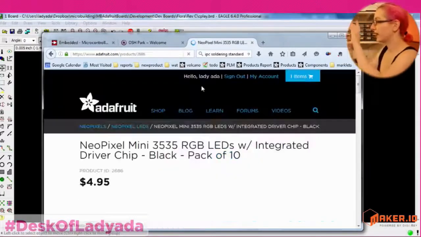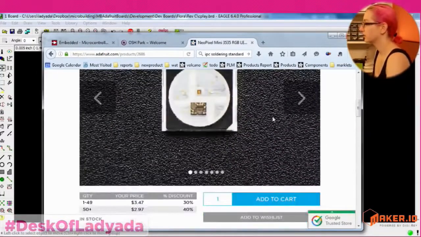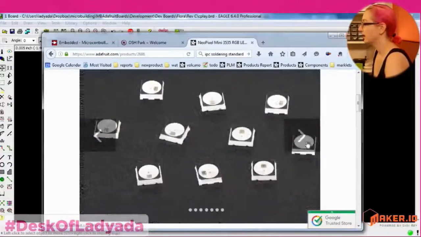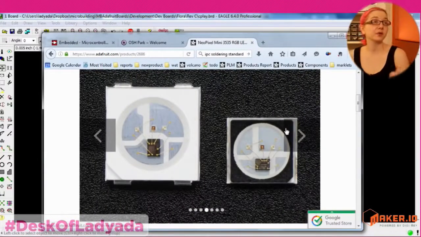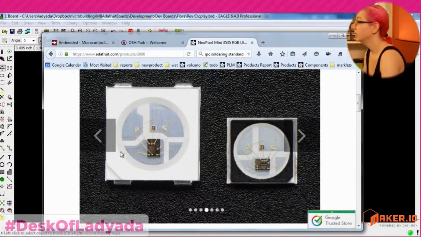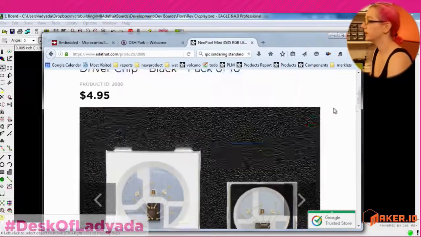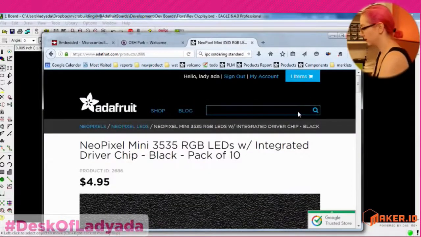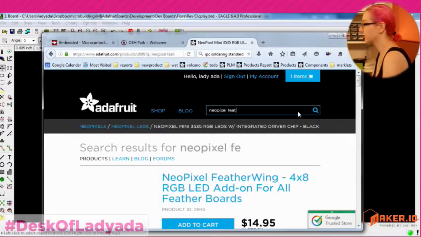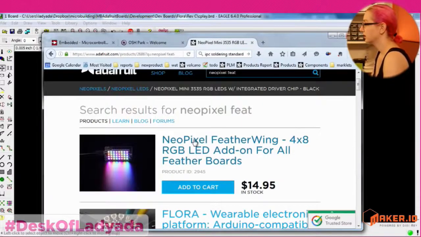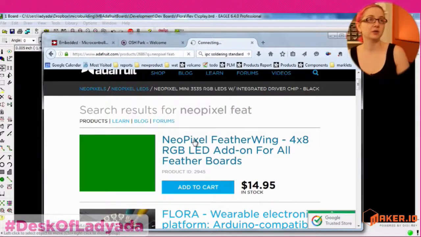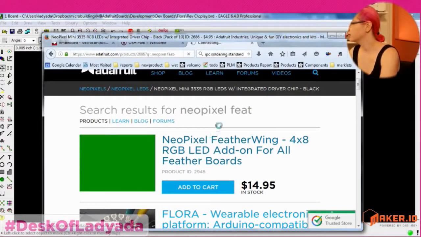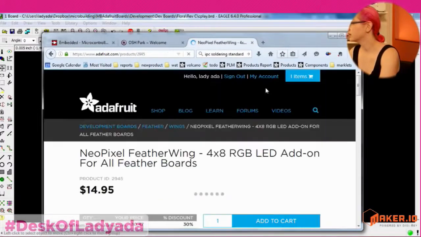And they come with a black plastic cover, which is kind of nice too. Compared to normal Neopixels, they are about half the size. They're 3.5 millimeter by 3.5 millimeter, so way smaller. And I actually used them for a little bit in another product, the Neopixel Feather Wing. So having manufactured with this component already, I knew that I was going to get,